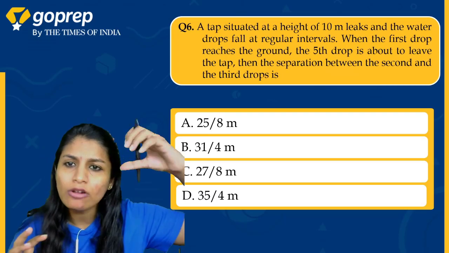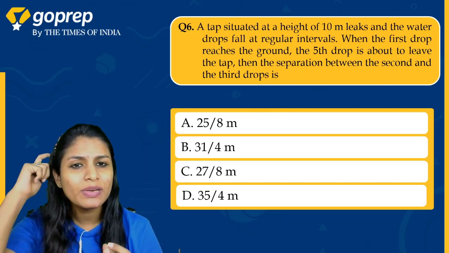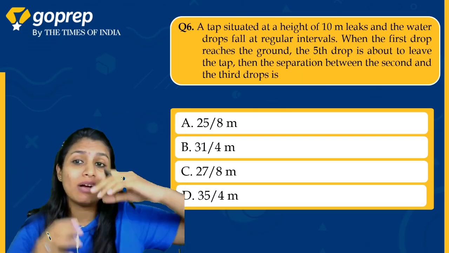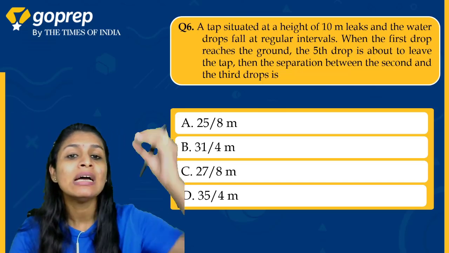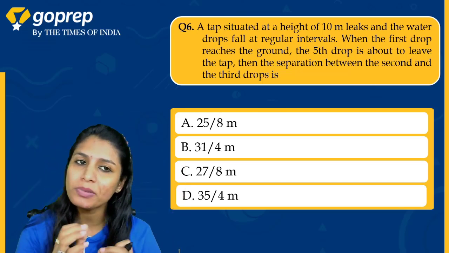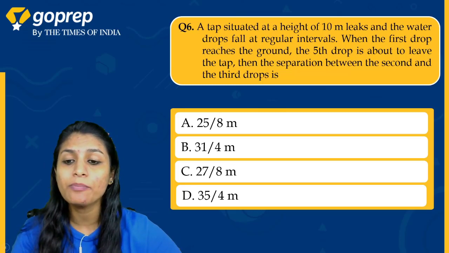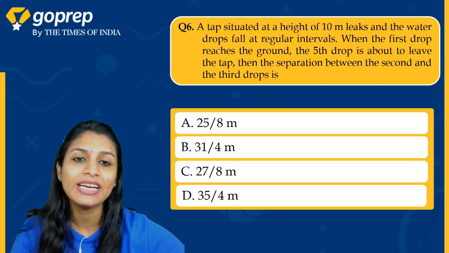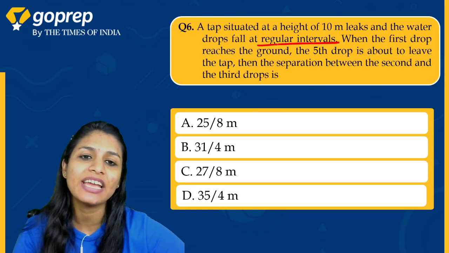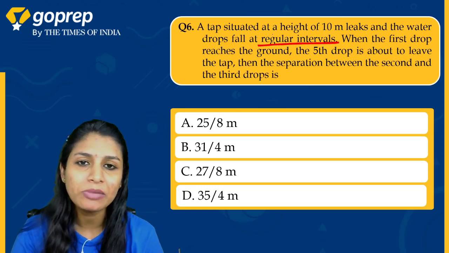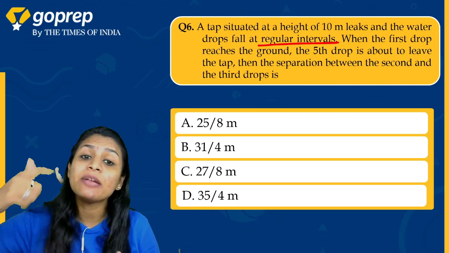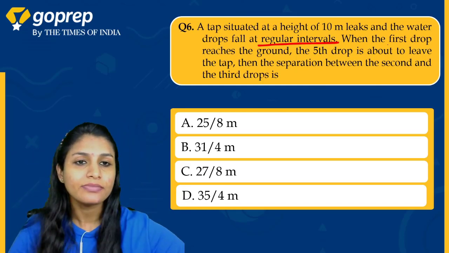अनदर क्वेश्चन, वी हैव दैट देयर इज अ टैप, नल होता है वो, ठीक है। वो 10 मीटर ऊपर लगा हुआ है, ग्राउंड से 10 मीटर ऊपर है, लीक कर रहा है, मतलब उसमें से वाटर ड्रॉपलेट्स बाहर निकल रहे हैं। लेकिन सबसे इंपॉर्टेंट बात जो आपको यहाँ पकड़नी है वो ये है, दे आर लीविंग द टैप एट द रेगुलर इंटरवल। रेगुलर इंटरवल मतलब बेटा सबके बीच का टाइम डिफरेंस सेम है, ठीक है।